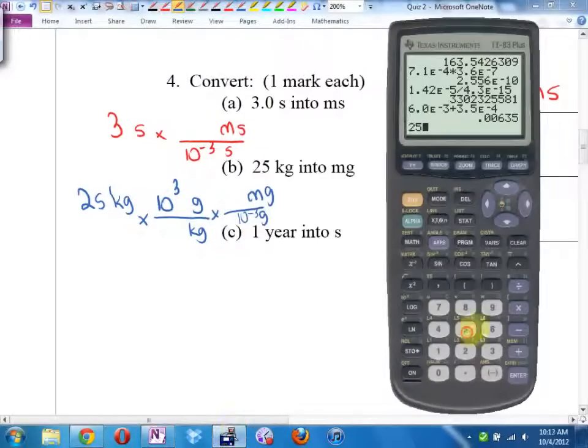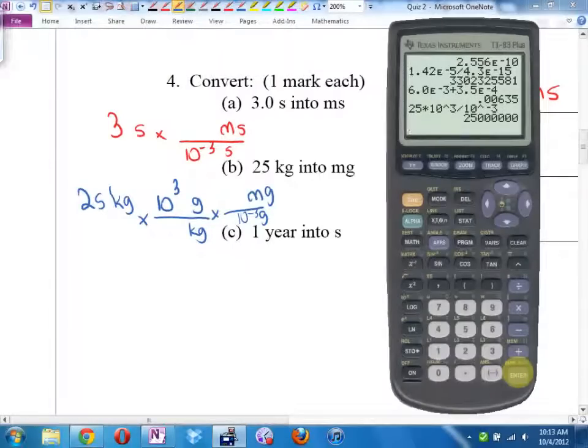It's going to be 25 times 10 exponent button 3 divided by 10 exponent button negative 3. And remember, Tara, this is not scientific notation, so I'm not going to be using the EE or the X button. I'm going to use 10 to the power of, because this is not scientific notation. It's got 10s in it, but that's because the metric system is based on 10s. Could you use the XP button? If you get the right answer, but I think you're going to often end up with an extra power of